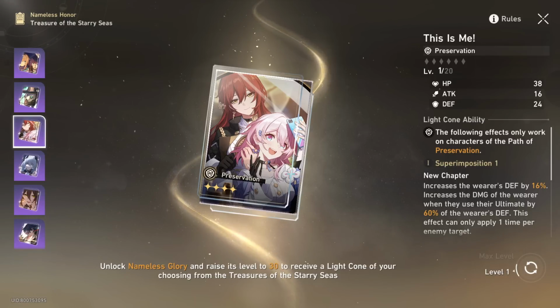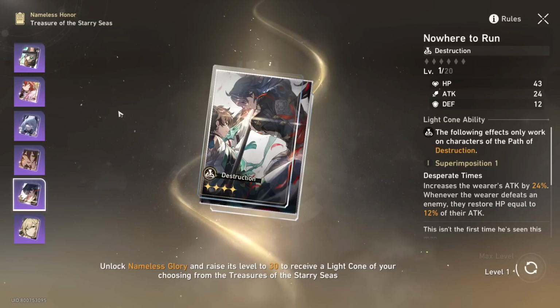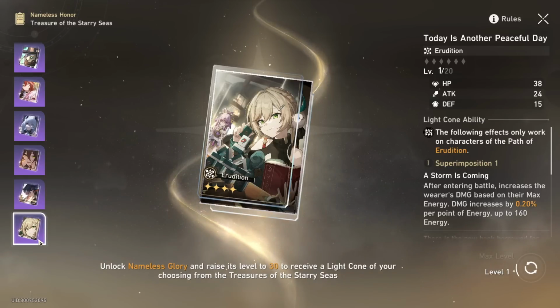Now, I'm going to give you guys some of my own opinions, but I really encourage you to make your own decision based on what's best for you. So right now, let's go through them. The Abundance Light Cone here, I don't feel is that powerful for my specific account. I don't really feel like I need this for the Forgotten Hall. The Destruction Light Cone, I feel like isn't going to be on the power level I'm looking for compared to free-to-play options. The Erudition Light Cone could be good if I decided to invest into Superimposition 5, but at Superimposition